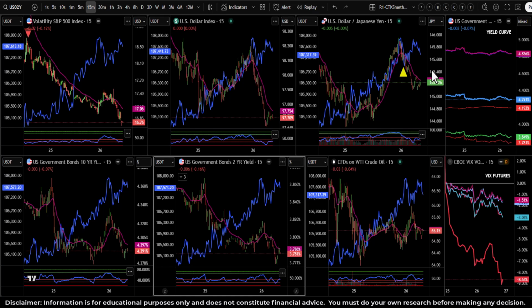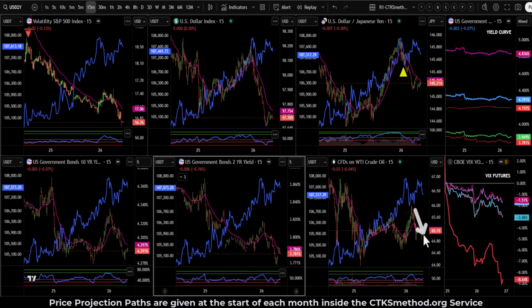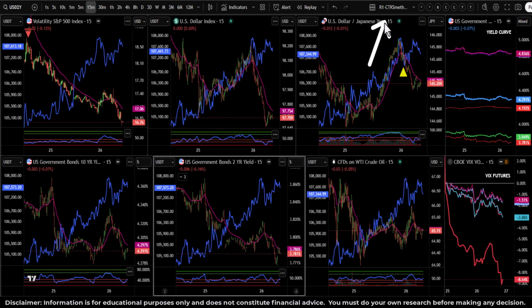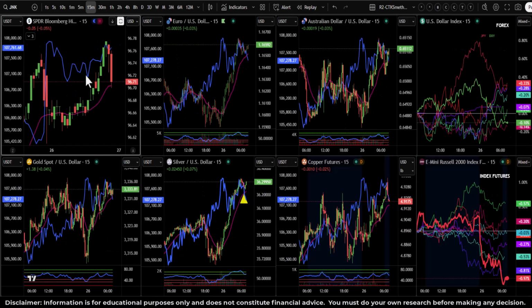And its best friend, dollar yen, went a similar way, but not with anything of the power of the decay inside the DXY. And we also saw that US oil came up just somewhat. It is starting to base, so basing action in US oil. This is something that you need to keep your eyes on. This is a template from the profiting course. That was row 1 of the cheat sheet. Now let's look into row 2.